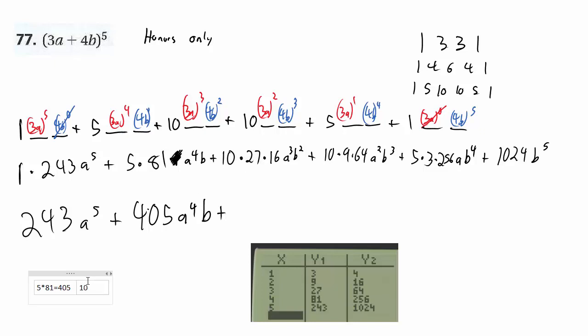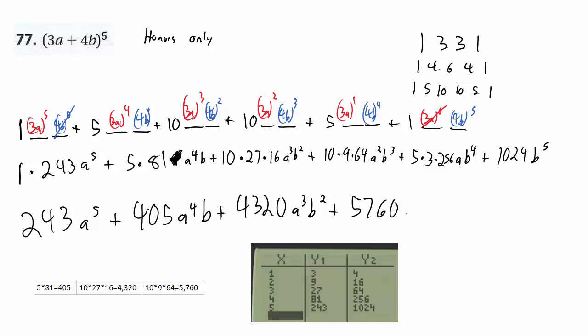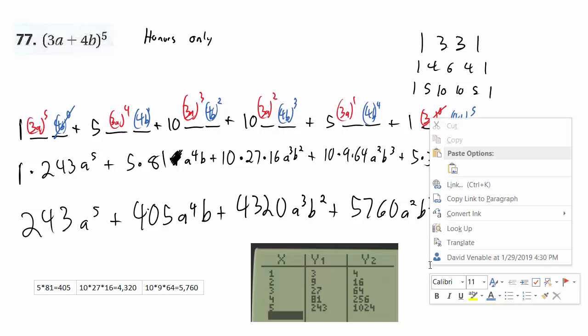Let's use a calculator. So 10 times 27, I know that's 270. Then that times 16 is 4,320. So 4,320 a cubed b squared plus, this will be whatever 90 times 64 is. So that one will be 10 times 9 times 64, 5760. And that's the a squared b cubed term plus 5 times 3 times 256